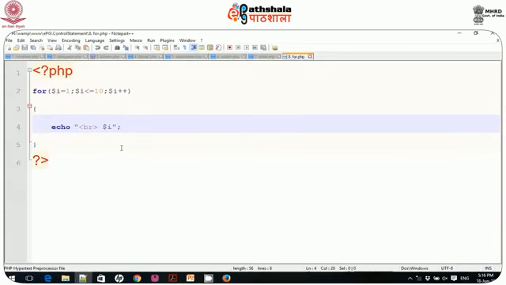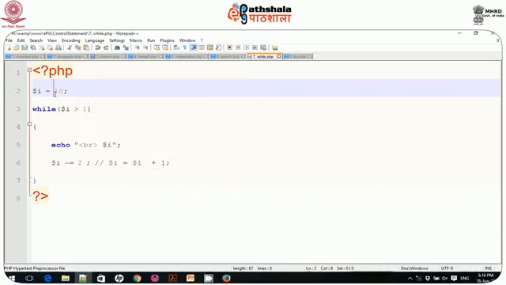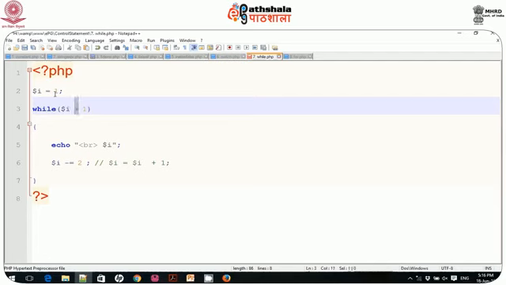So these are the two loops, and in between you may want to break from here. Say for example, I again use the same loop here, $I is less than or equal to 10, and $I is incremented by 1. And now you want to come out from the loop, so you have to use the break statement.